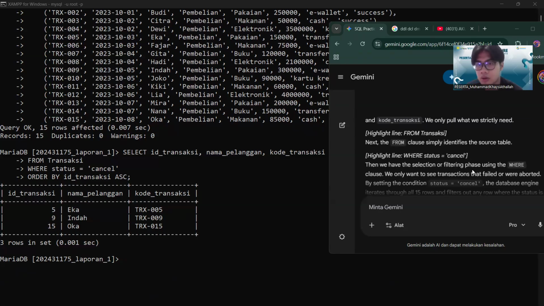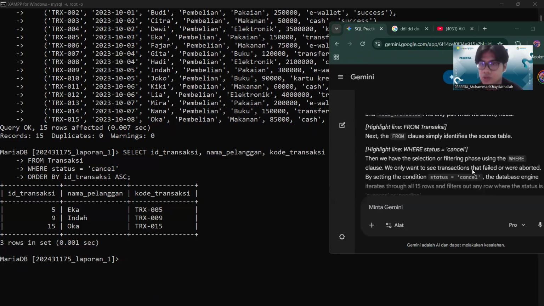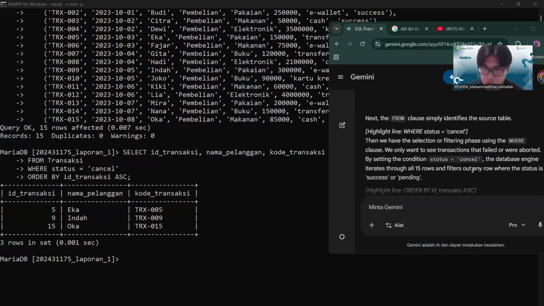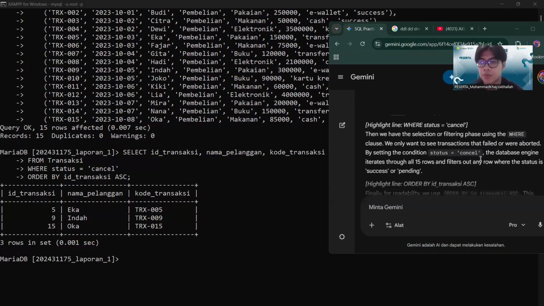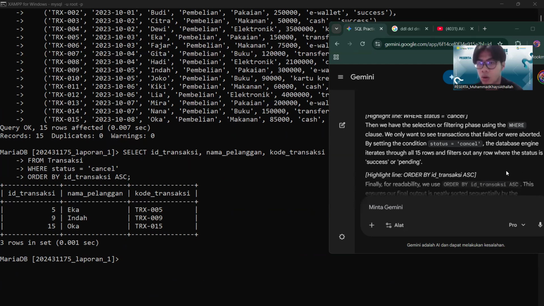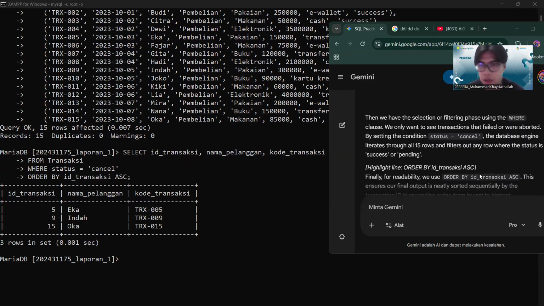Next, the from clause simply identifies the source table. Then we have the selection, or filtering phase, using the where clause. We only want to see transactions that failed or were aborted, by setting the condition status equals cancel. The database engine iterates through all 15 rows and filters out any row where the status is success or pending.